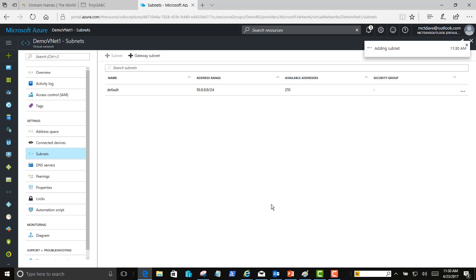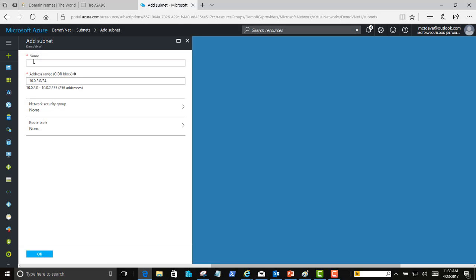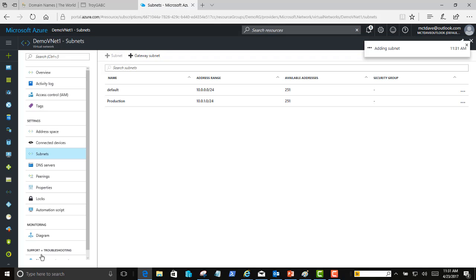And that creates it. By and by it will show up underneath default, and there it is. And we'll make one more. This one we're going to call dev, short for development. And notice how it's using the 10.0.2. So it used the next consecutive network address. And say OK to that.